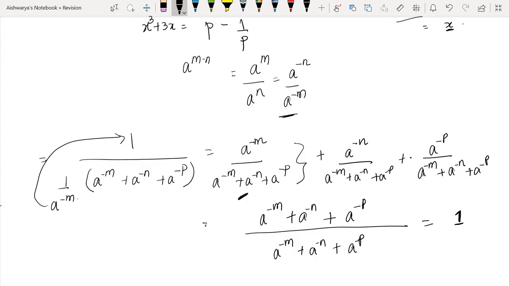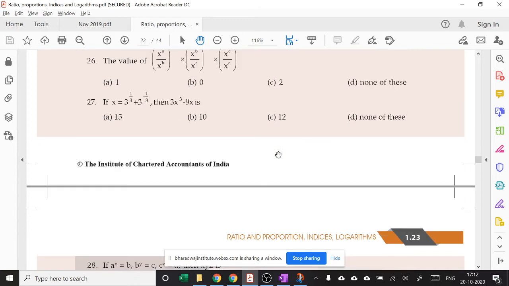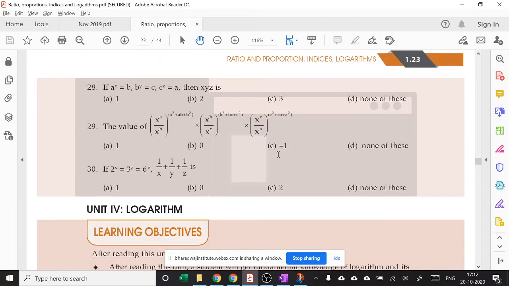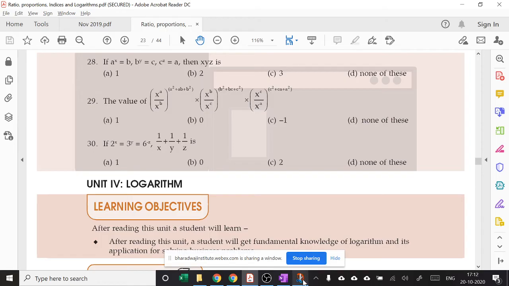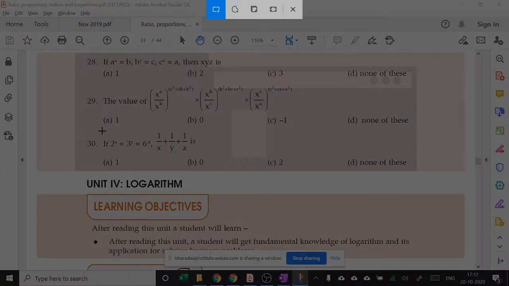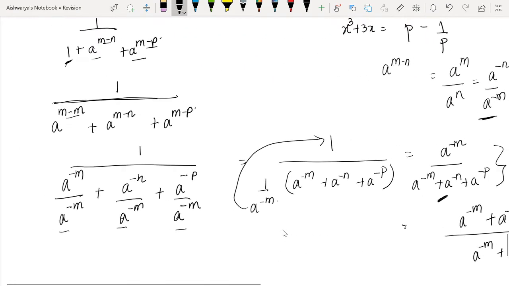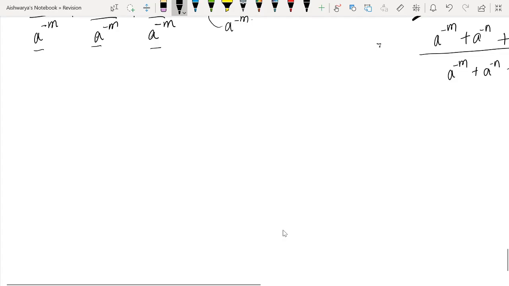Are we clear? These kinds of questions are also very commonly asked in the examination. So take a look at it. We will look at the next question. The next commonly asked type of question in the examination is,